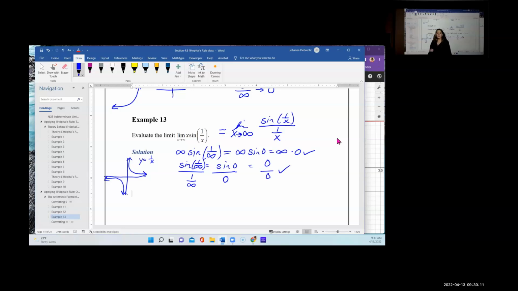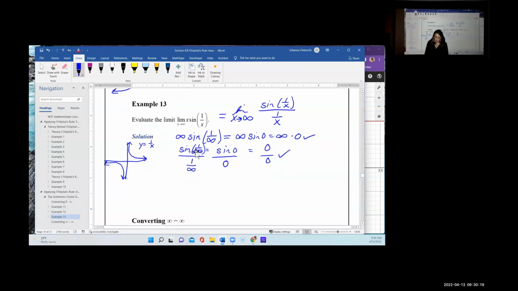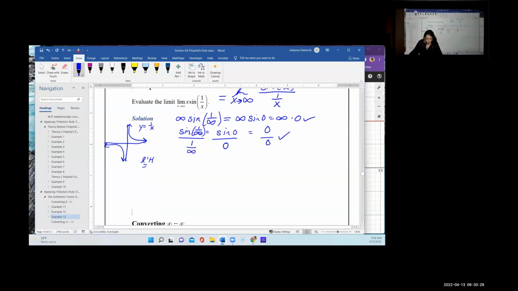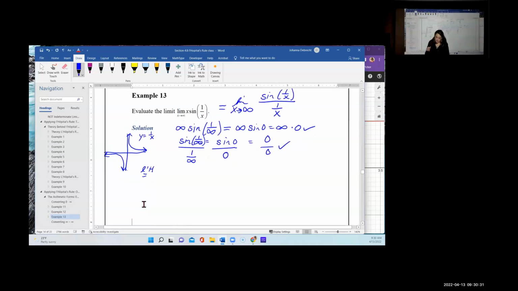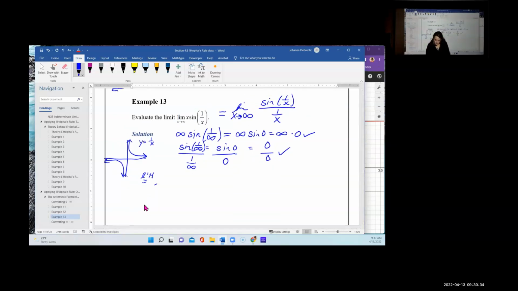So now I have the indeterminate form 0 over 0, which is a basic one. So I am allowed to apply L'Hopital's rule. So I'm going to apply L'Hopital's rule right here. So I get L apostrophe H, and I may need some more room on this one. And I'm going to take the derivative of the numerator, which is sine of 1 over x. It applies the chain rule. So the derivative of sine is cosine, freeze the inside, times, what's the derivative of 1 over